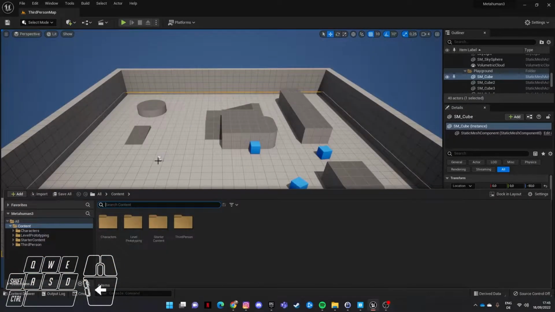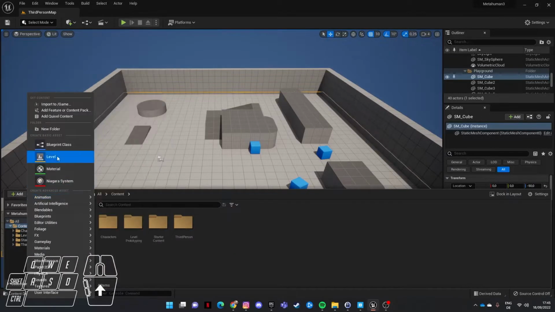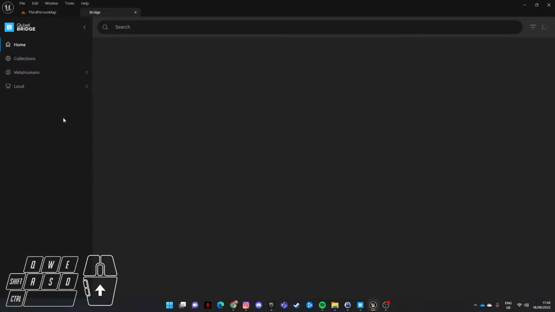Hello and welcome. Today we're going to take a closer look at how to get our Metahuman up and running in Unreal Engine. In order to do that, you're going to go over to the add button, then into Quixel Bridge,